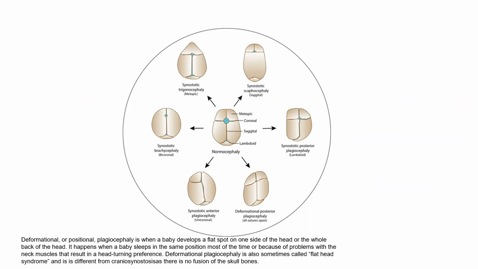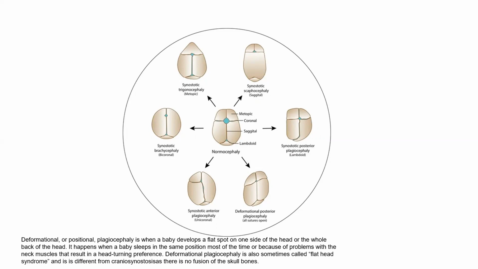So you can see over here, if there is an abnormal closure of the metopic suture, it leads to trigonocephaly. If there is any abnormal closure of the sagittal suture, it leads to scaphocephaly. And in case, you can see over here, if the lambdoid suture is involved, it leads to synostotic posterior plagiocephaly. You need to distinguish it from deformational posterior plagiocephaly,